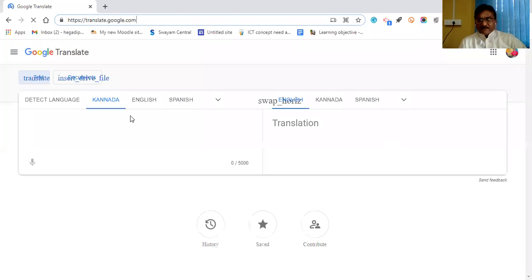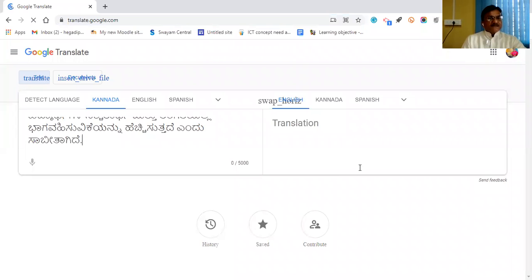You can make best use of it. Okay, I will close this one, and buffering will be more here, and I will close this one also, so that you will get it. I have 2 minutes right now here to complete this session. I will paste the thing in Kannada, and in English it is surely going to translate.